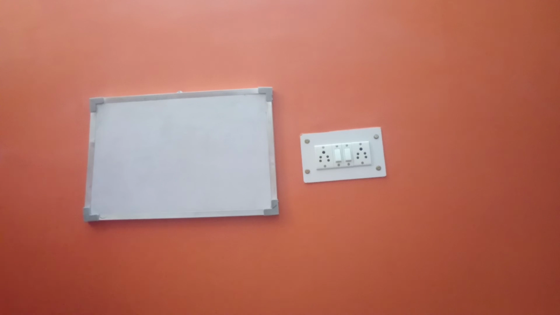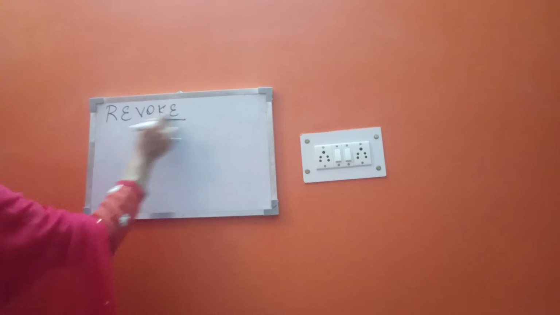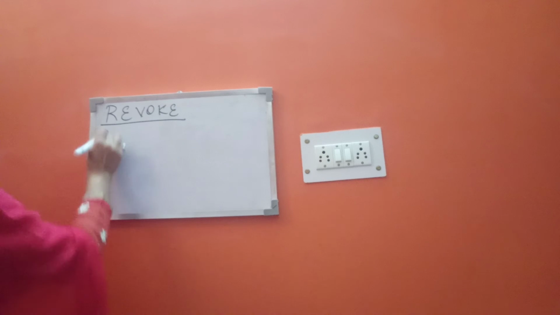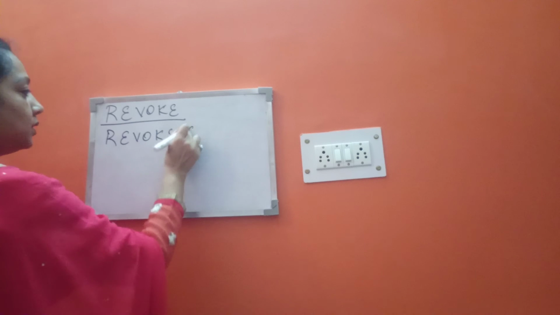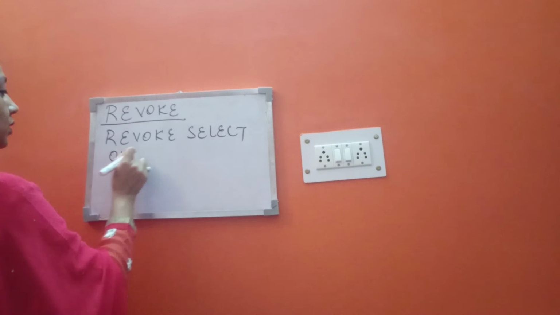Now this was about granting permissions. Now I may want to take away a permission also, depending upon whether the user has left the organization or whether the role of that user has been changed. So I may want to take away the permissions from that particular user. So what I will say is revoke select on EMP